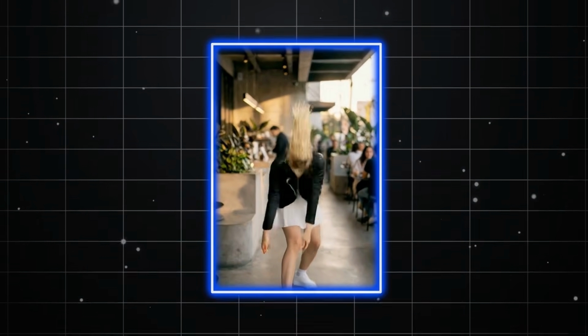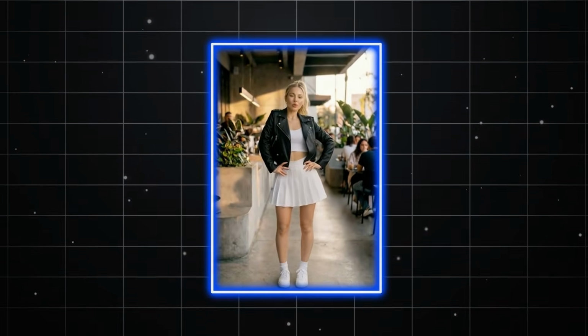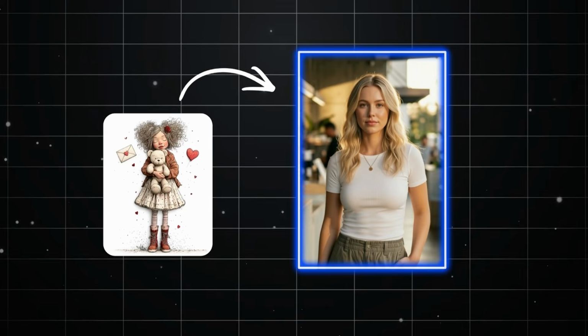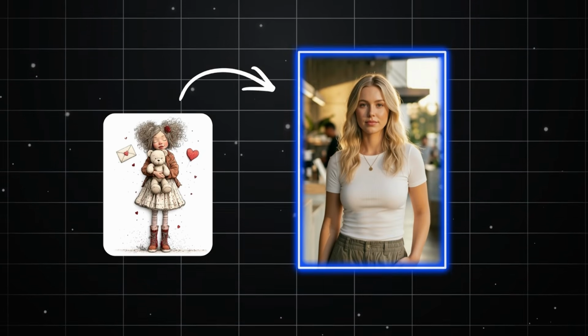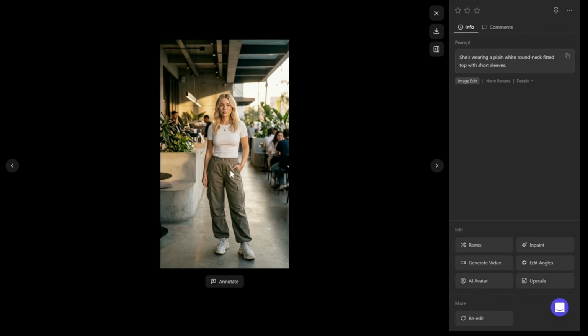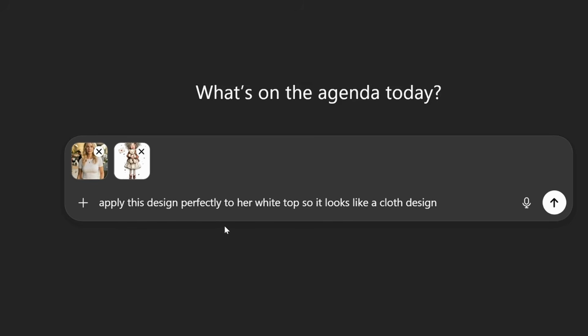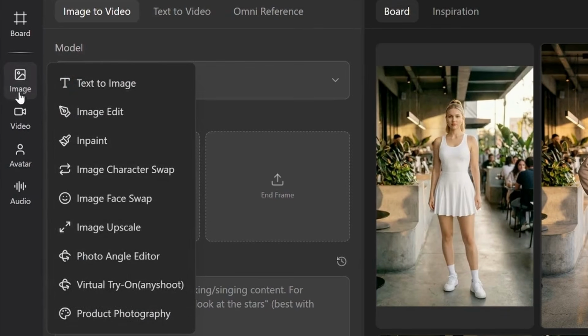Another advantage of having an AI influencer is the ability to integrate product designs naturally. For example, if I want my influencer to wear a specific design on her top, I first create an AI influencer wearing a plain top using a simple edit prompt. Then I upload both the influencer image and the product design into ChatGPT and ask it to position the design naturally onto the shirt. After that, I return to Topview.ai,